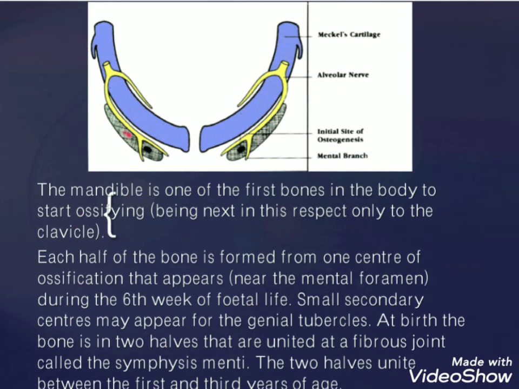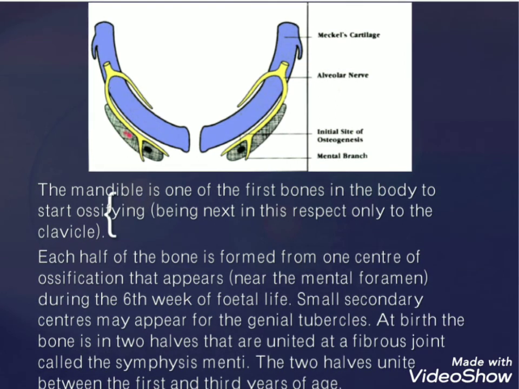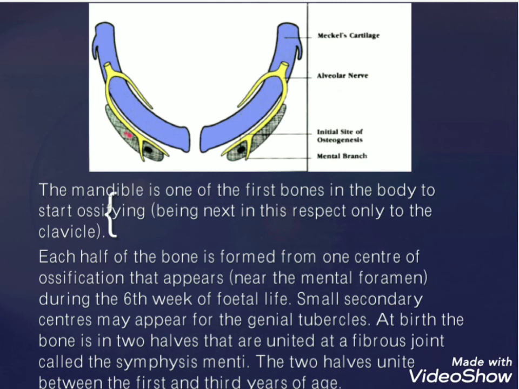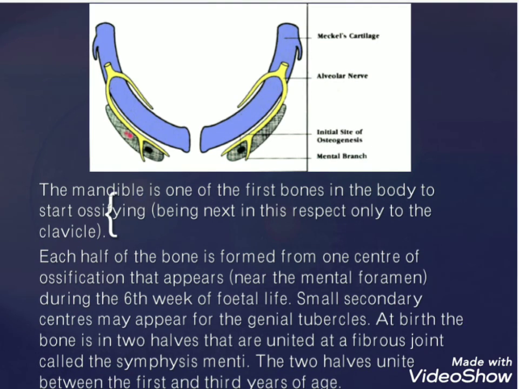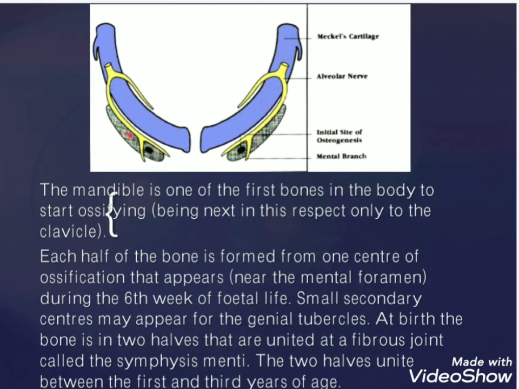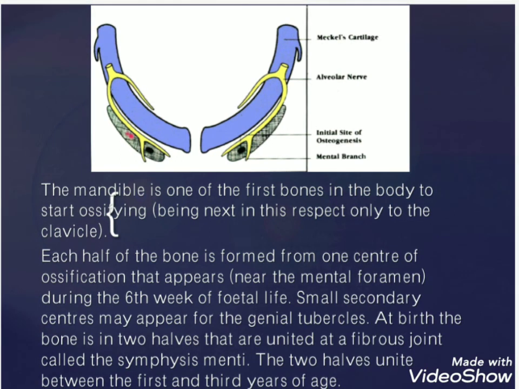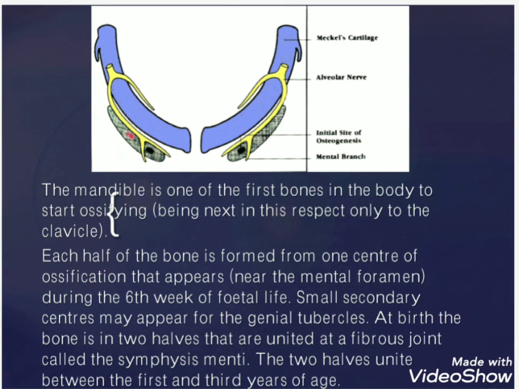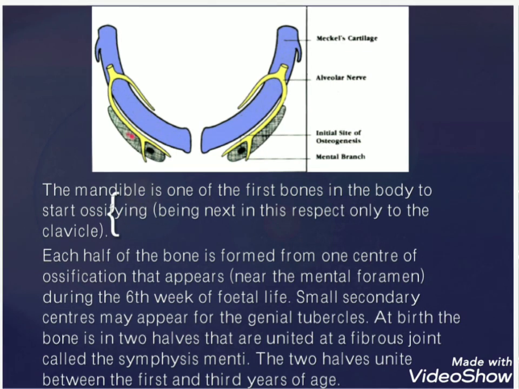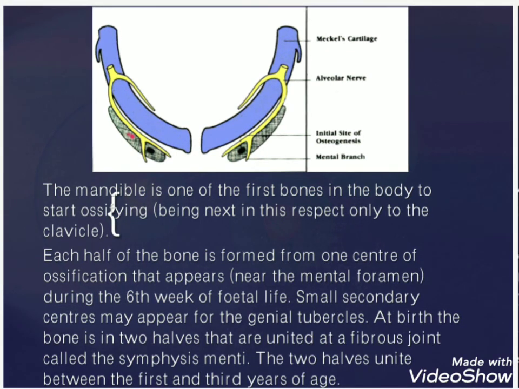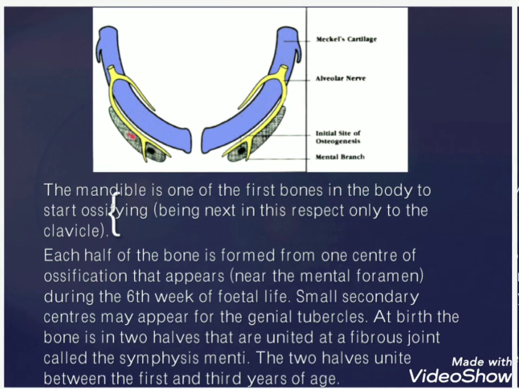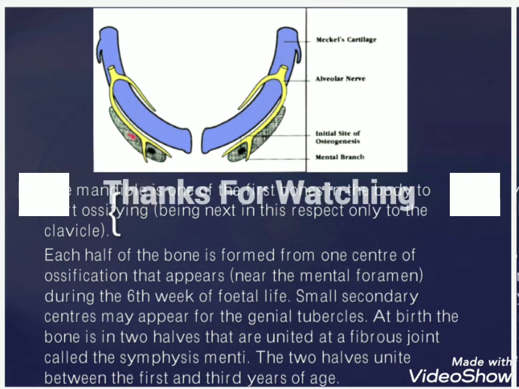Each half of the bone is formed from a center of ossification that appears near the mental foramen during the sixth week of fetal life. Small secondary centers may appear for the genial tubercles. At birth, the bone is in two halves that are united at a fibrous joint called the symphysis menti. The two halves unite between the first and third year of age. This is Meckel's cartilage, the alveolar nerve, the initial site of